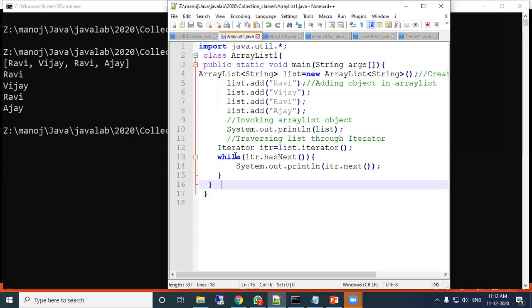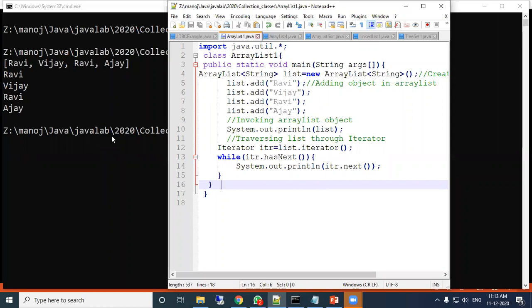To print separately, one iterator is used to point to the existing list. Then the next method of itr will extract the next data, point to the next element, extract the data, point to the next element.